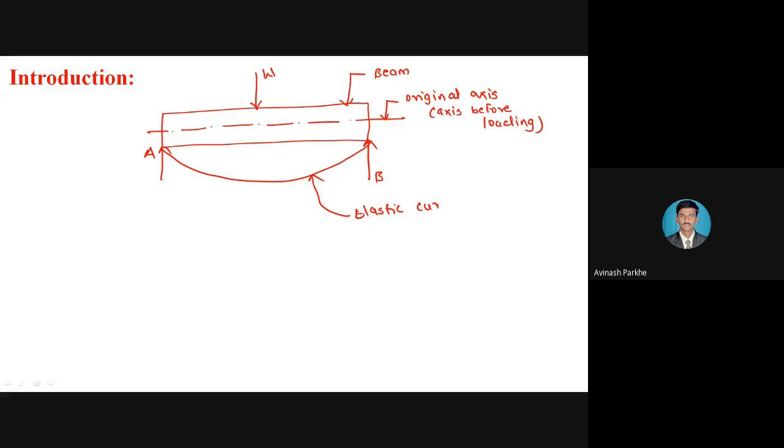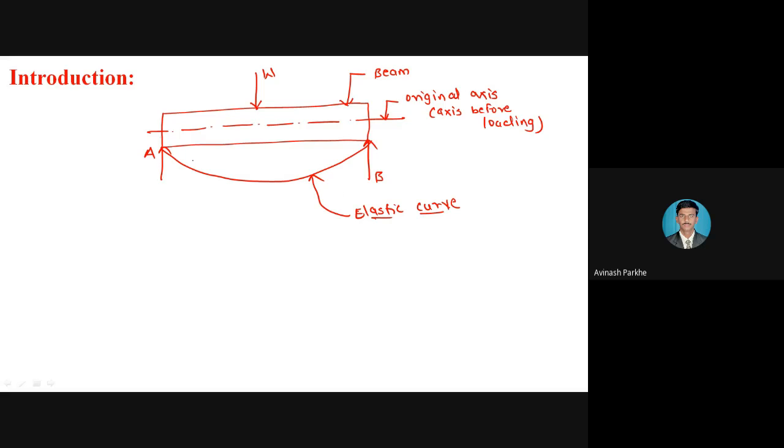elastic curve. So what does that curve represent? Bending. But in this chapter, instead of using the word bending, we have to use the two words, slope and deflection. In order to understand the concept of slope and deflection, here one simply supported beam is there. It is subjected to the point load, and due to this point load, at the bottom side, the bending is taking place, and due to that bending, you will get one curve. That curve represents bending of the beam, and that curve is called an elastic curve.